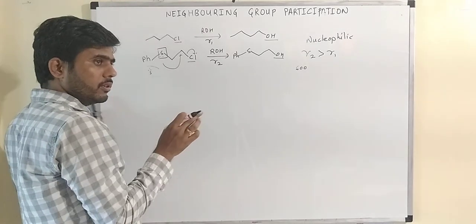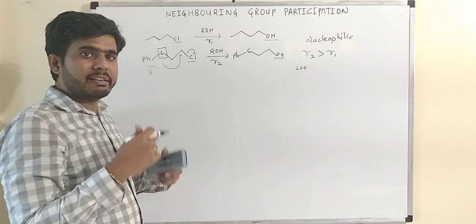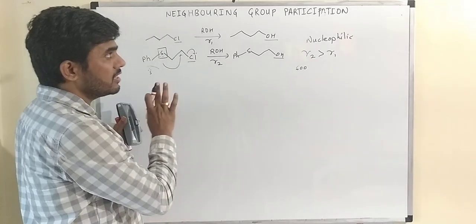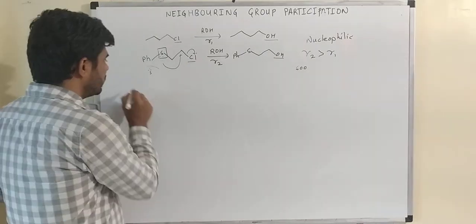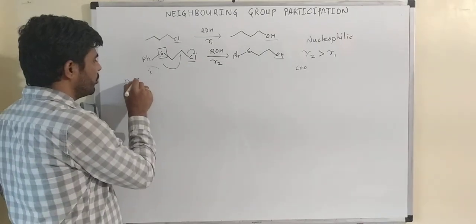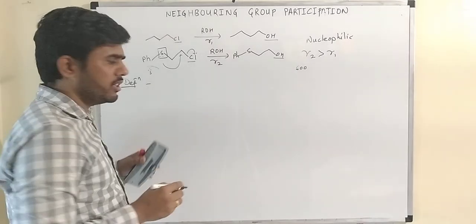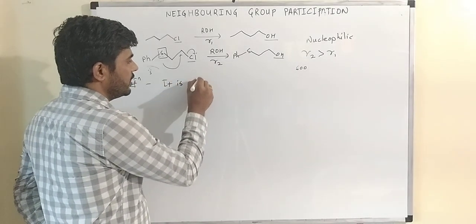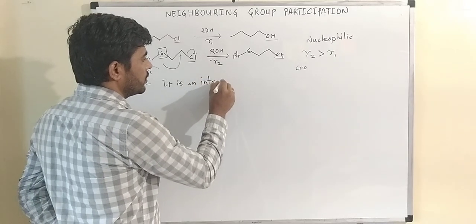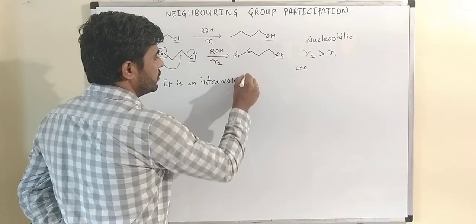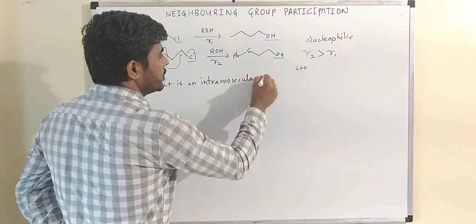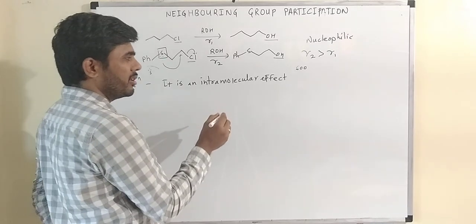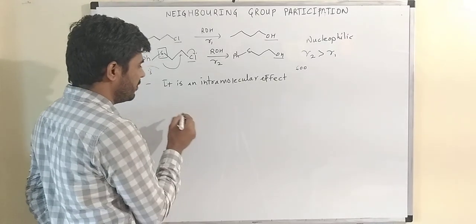So you can see how the rate is enhanced by the presence of a neighboring group. So this is a general neighboring group participation. Actually, how can we define neighboring group participation? The definition indicates that it is an intramolecular effect. Actually, this effect is permanent, it is not a temporary effect,